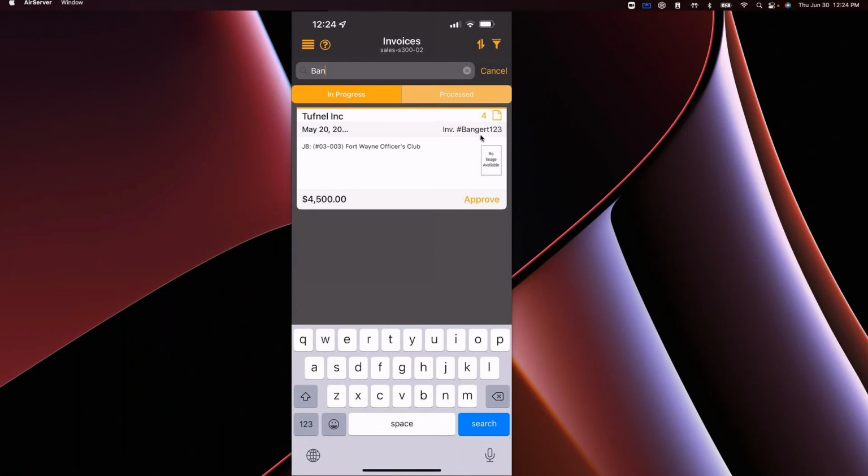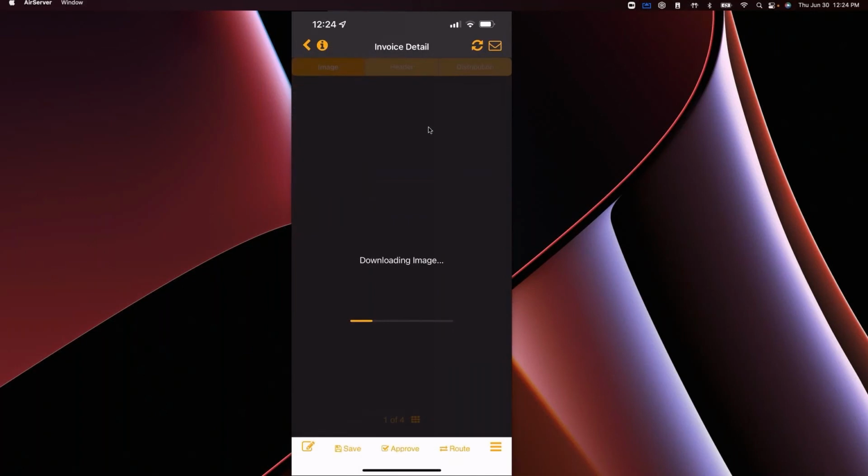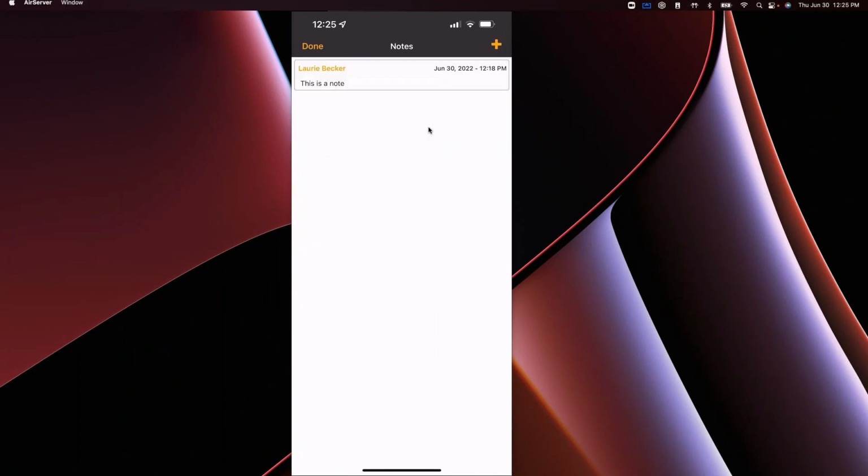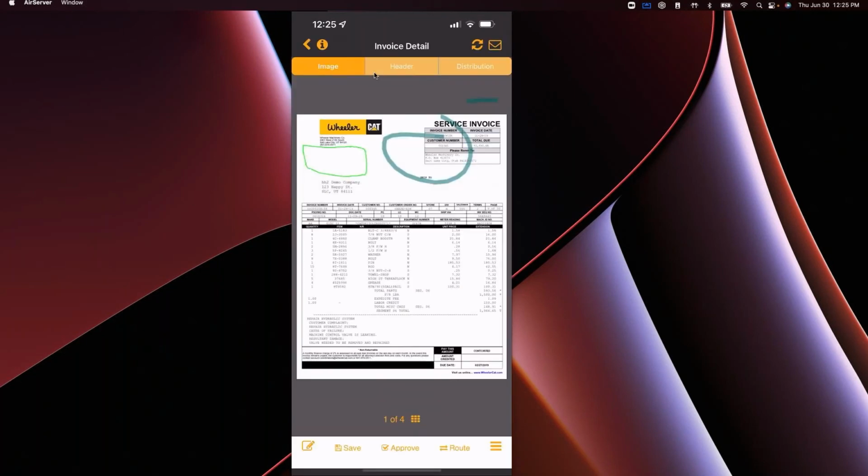Again, my convenience makes it easy there. Let's go ahead and dive right into that. Now, I turned on a feature that just pulls up the notes automatically. So you'll notice it just popped up that note that I input. That's an option you can turn on. A lot of companies like the guys to be forced to look at the notes.